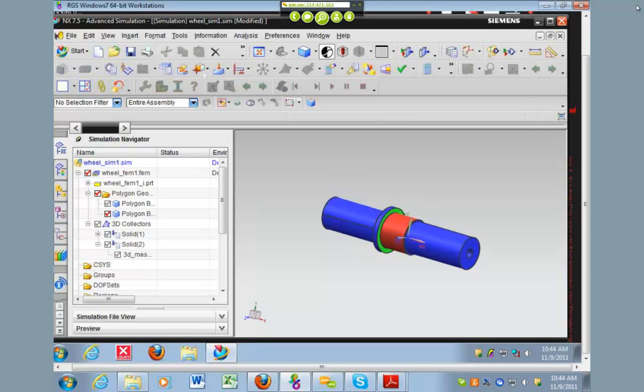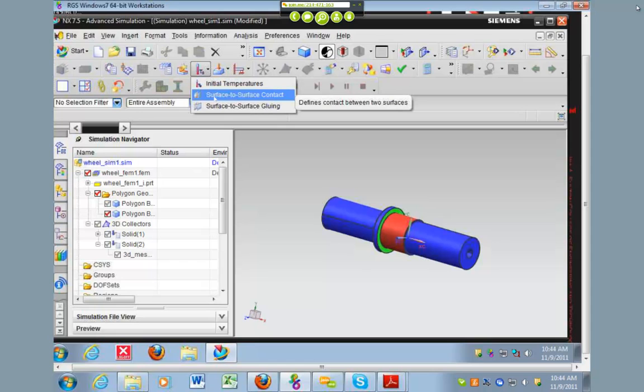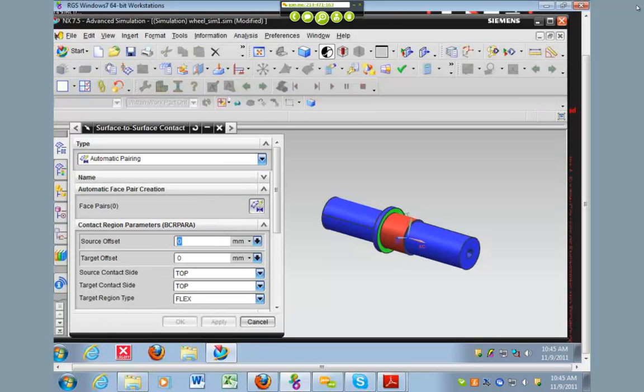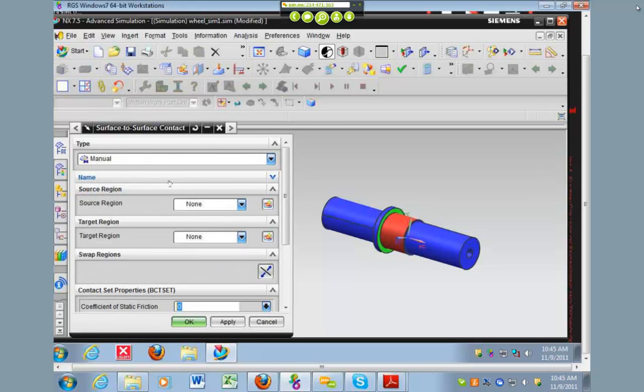And we want to define a simulation object type, a surface-to-surface contact. So here's surface-to-surface contact, which Jared explained is nodes are attached to each other directly. And surface-to-surface gluing is, right, this is for two surfaces that are close, but the nodes don't have to line up necessarily. So we want to do a surface-to-surface contact, and it asks us type, we want to say manual, and so